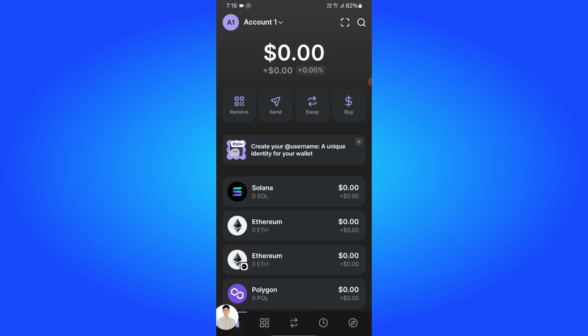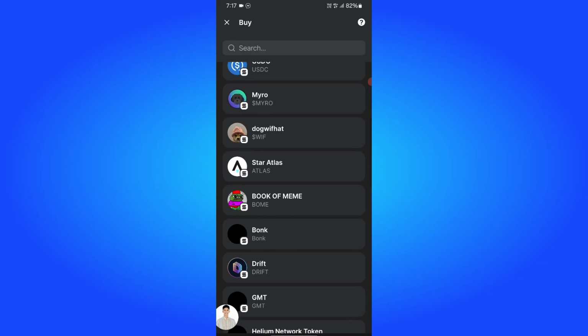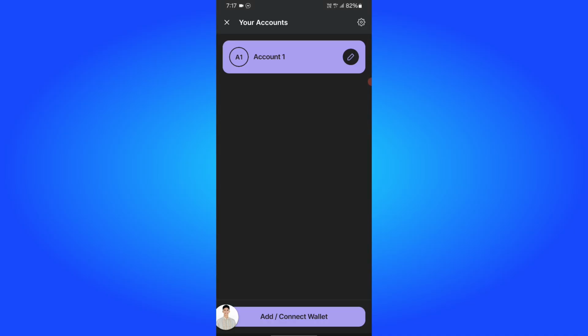You will also see here the buy button or buy icon. Simply tap on it if you want to buy a token or crypto. And that's it. So go back here again, and on the upper left corner, click on that,